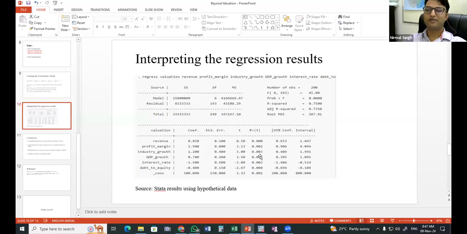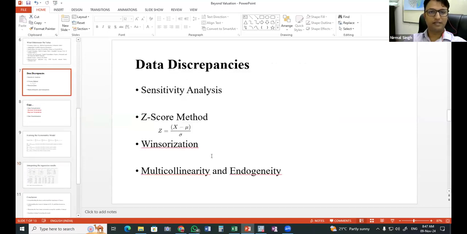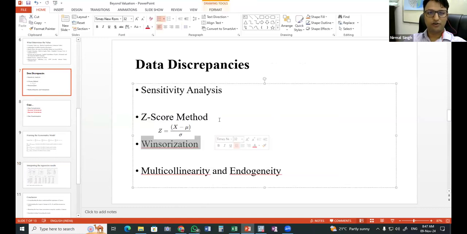So the results of other variables will also get impacted because of that. Before entering the data, we need to deal with it. That's why I discussed that we need to deal with data discrepancies, which includes the outlier issue. So we can rely on Winsorization or the Z-score method, which will remove the outlier issues from the data sets.